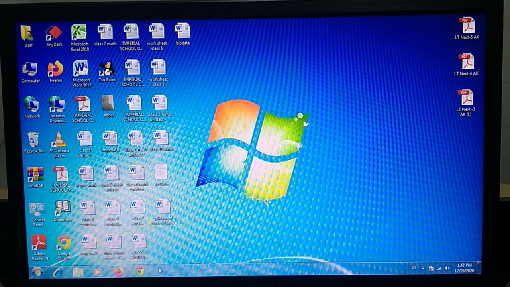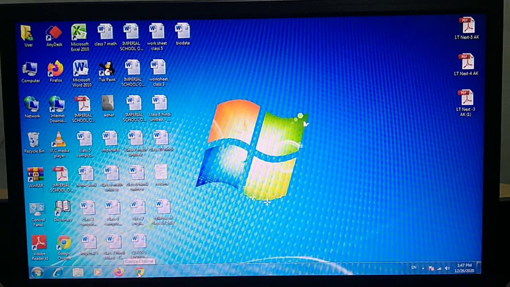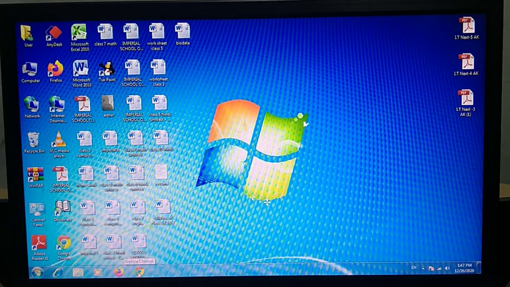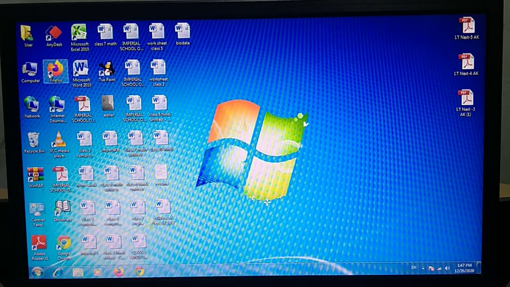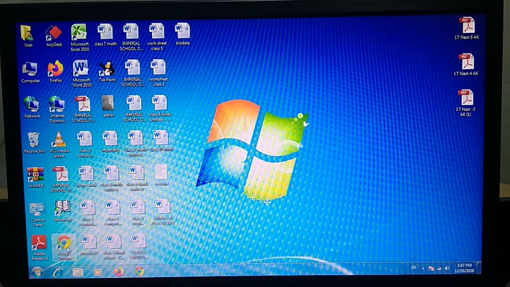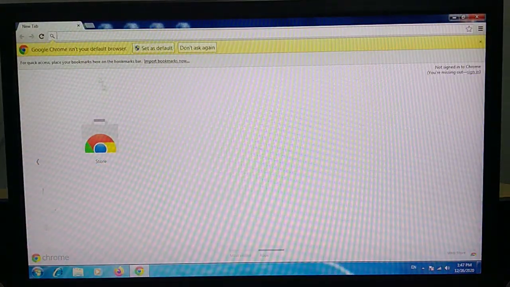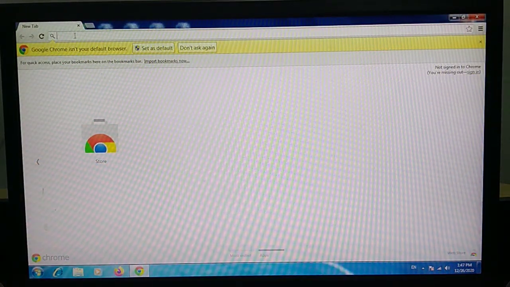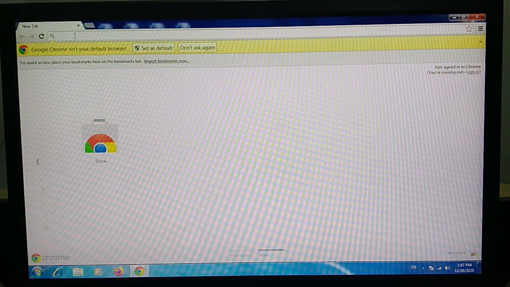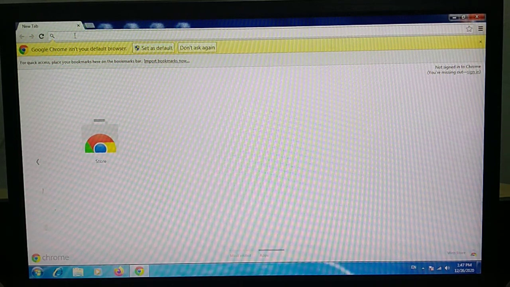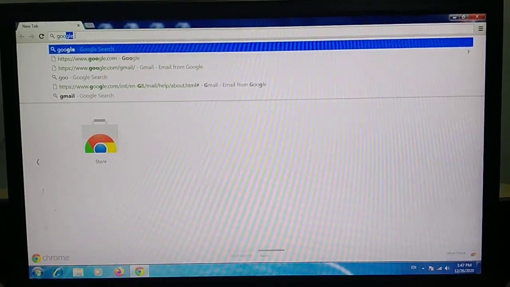Okay. I am opening Chrome, and it is our web browser. This is Chrome, this is Firefox, this is Google Chrome. I am opening Chrome here. See, Chrome has opened. After that, suppose I have to use Google.